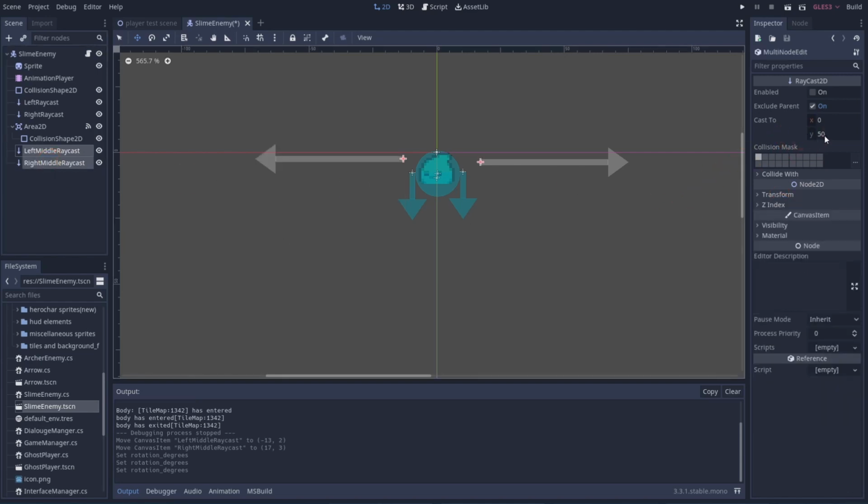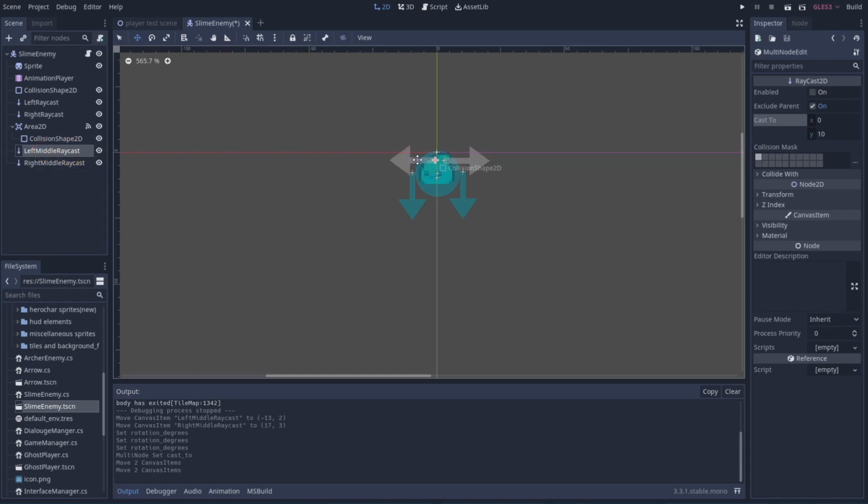We need to select both of them and make them about 10 or so. And honestly, I kind of want it to be closer, so I'll put it somewhere like that. Then I'll grab this one and do the same, because I want them to be really close to the guy, so that he can get close to the walls instead of being super far away. So now if we let that run,